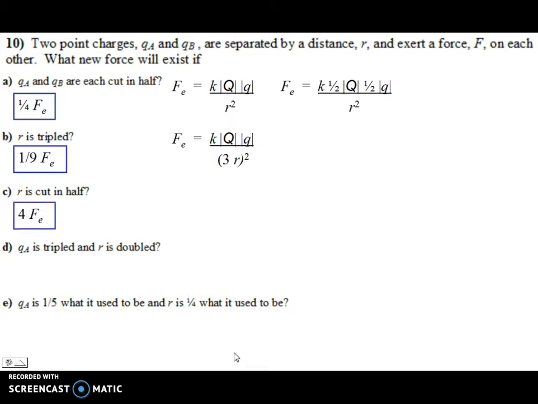Letter C is going to be a very similar problem here. It's going to be 4 times the original force. Letter D is 3/4 times the original force. Letter E is 16/5 times the original force. If you need to see any of those in more detail, please email me and I'll lead you through a solution for that. But a lot of them are issues just like this, where again you want to make sure